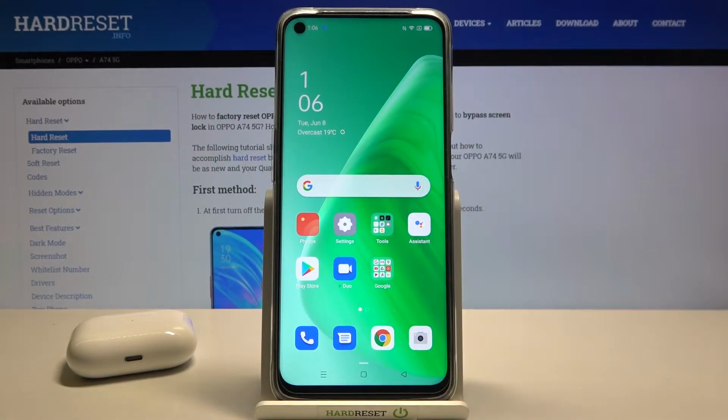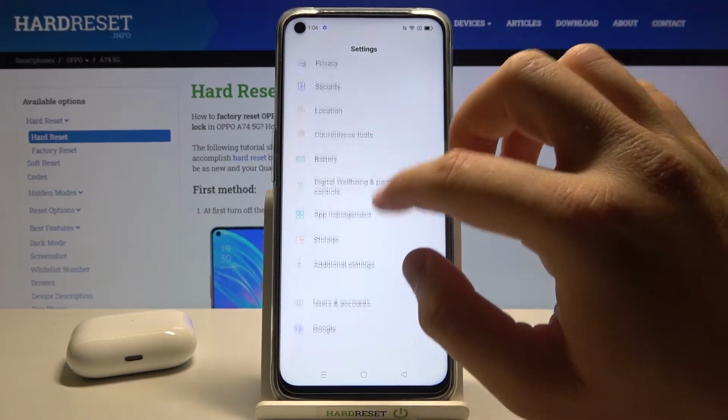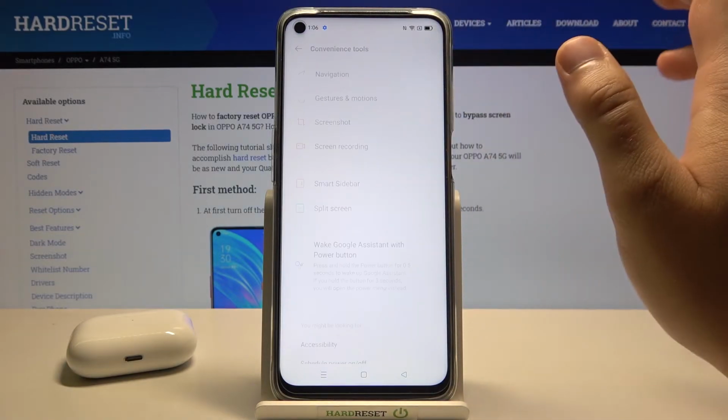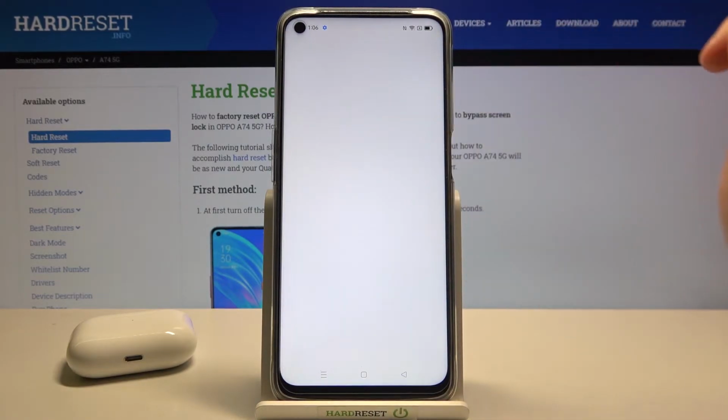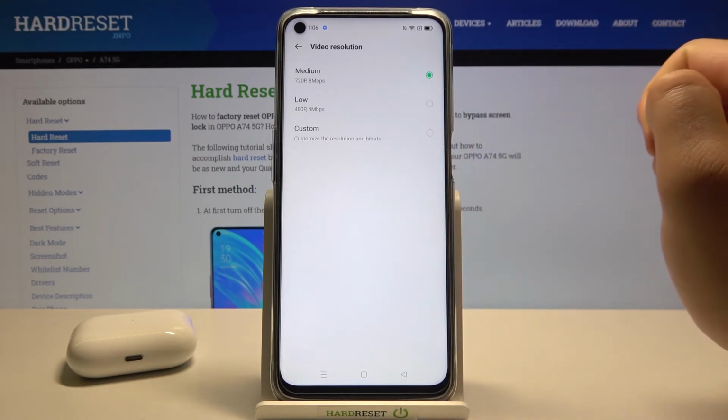Welcome. In front of me I have OPPO A74 5G, and today I'll show you how you can change the video quality of your screen recorder. So you have to go to the settings, find conversion tools, go to the screen recording, and when you are here we can easily change video resolution by going here for